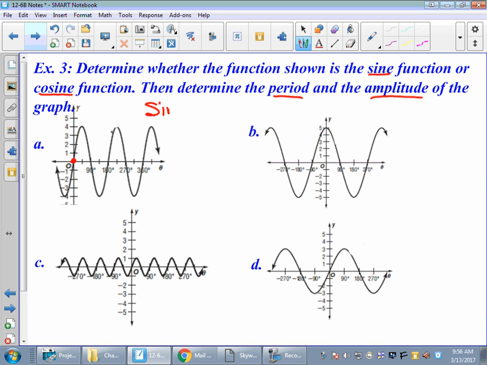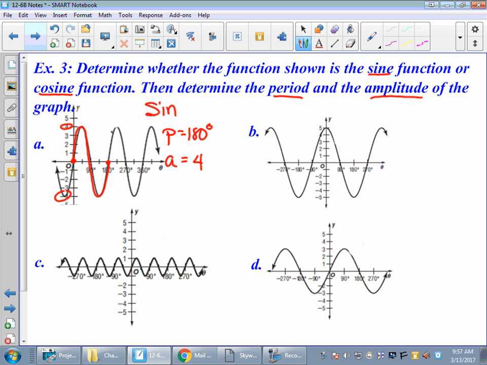So this is a sine function. Okay, and then now I look for the repeat. So I'm looking for a peak and a valley, and it peaked and valley at 180 degrees. So the period here is 180 degrees. So they actually compressed the parent function. And then its amplitude, it goes up to 4, and it goes back down to -4, so the amplitude is